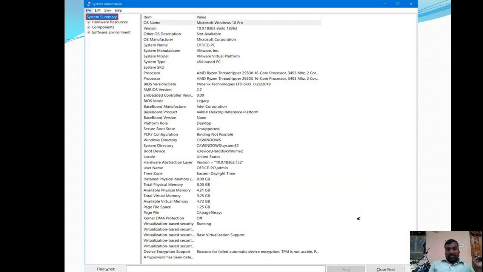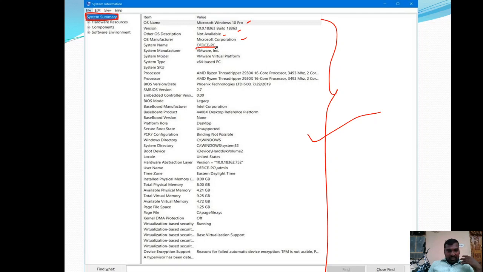So all are available under System Information. This is the pictorial representation of System Information. In the left panel we are choosing System Summary, so it is going to give the entire information of the system. Okay, so OS manufacturer, OS description, version of OS, and OS name. The current system name, the system manufacturer, system model, right.